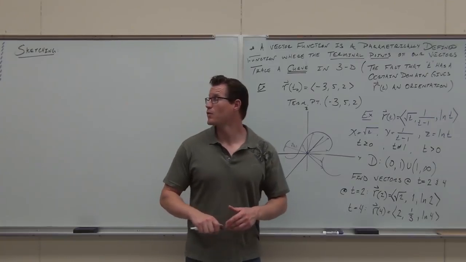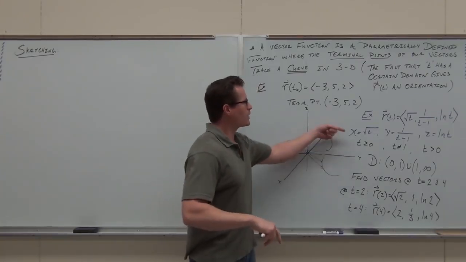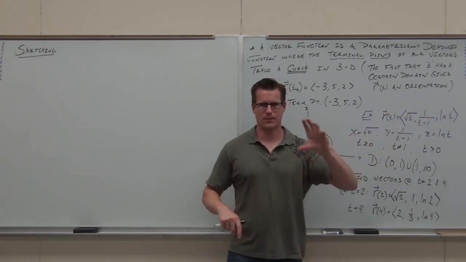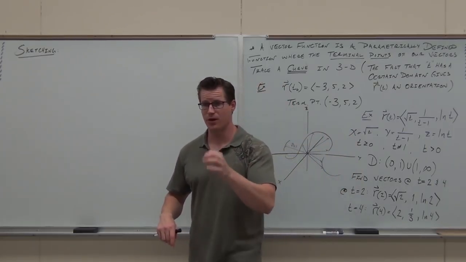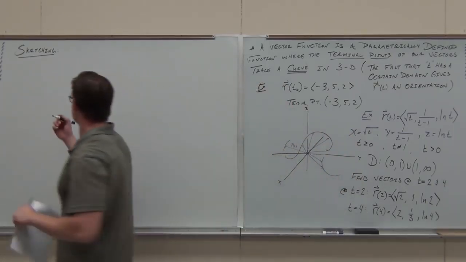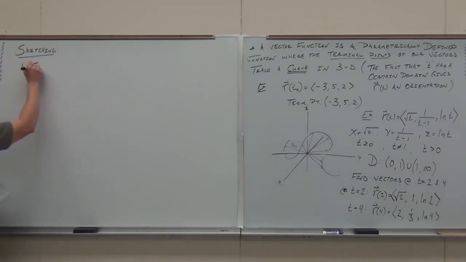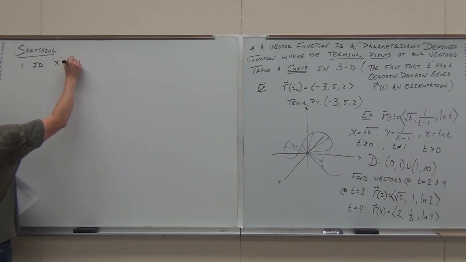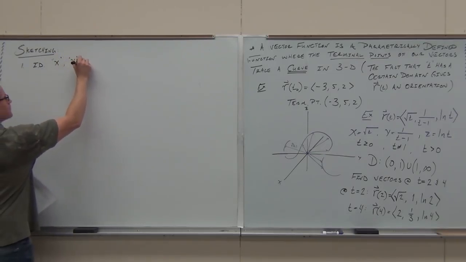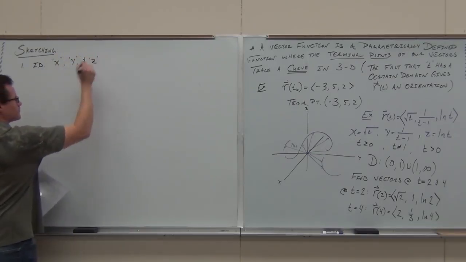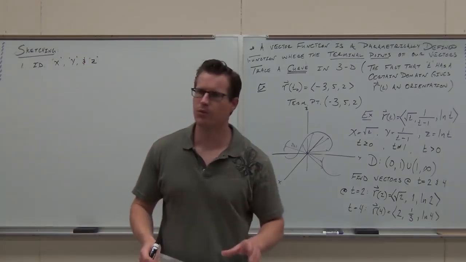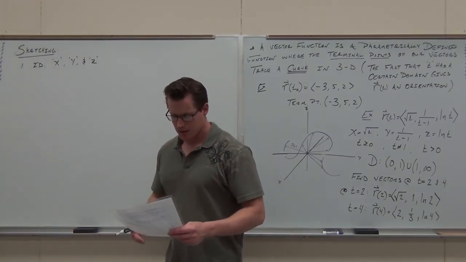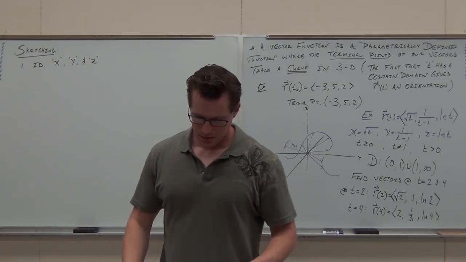Listen, number one, write down what X and what Y and what Z are independently. Do not try to do it in your head. Literally write them down. Identify X, identify Y, and identify Z. Do that first, right off the bat, every time. Number two,